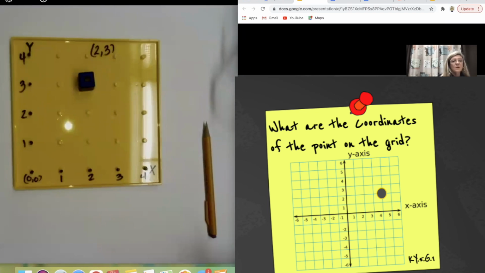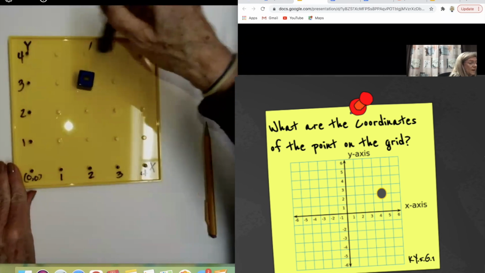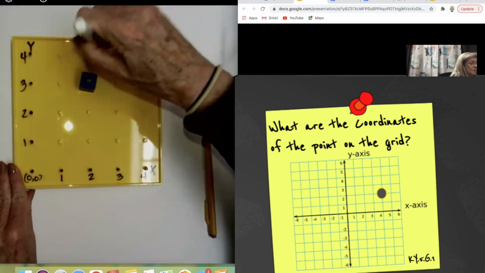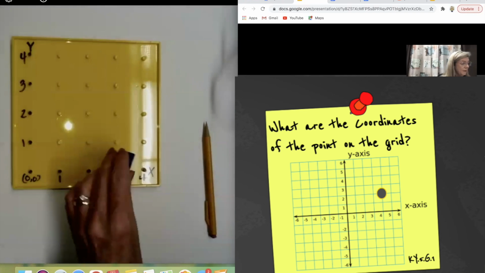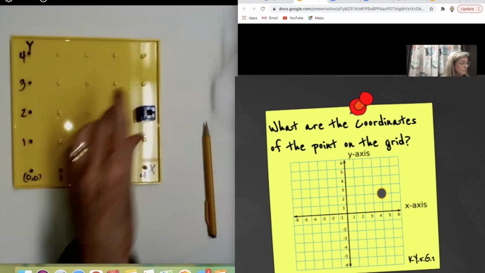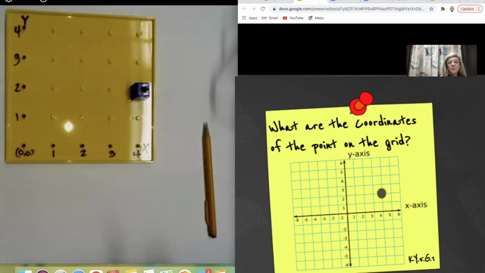Right? So I think that's a pretty cool tool. The kids would love to do that. You just give them a coordinate and they find it. Or you can do the opposite. You can lay one down, like in this example. Let's see. It's kind of hard for me to make out what I've got there. I've got it here. And you could ask them to tell you what the coordinate would be.